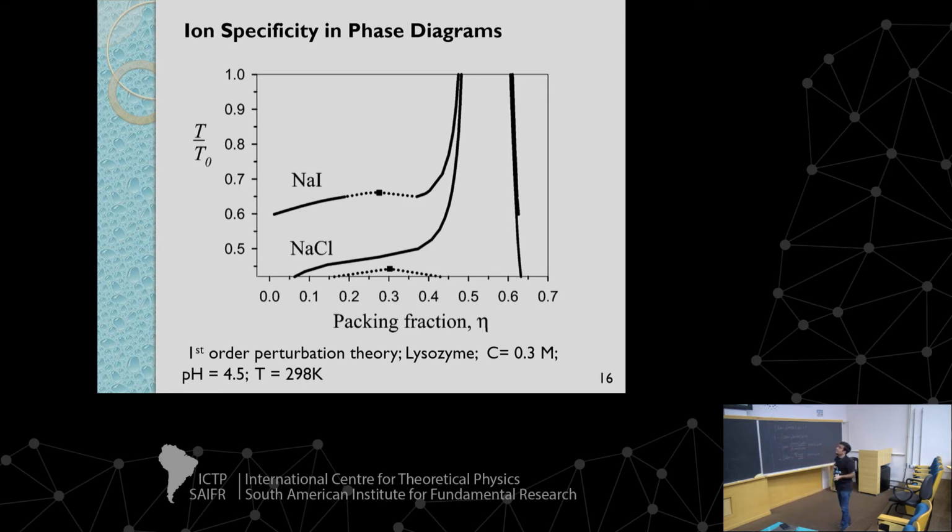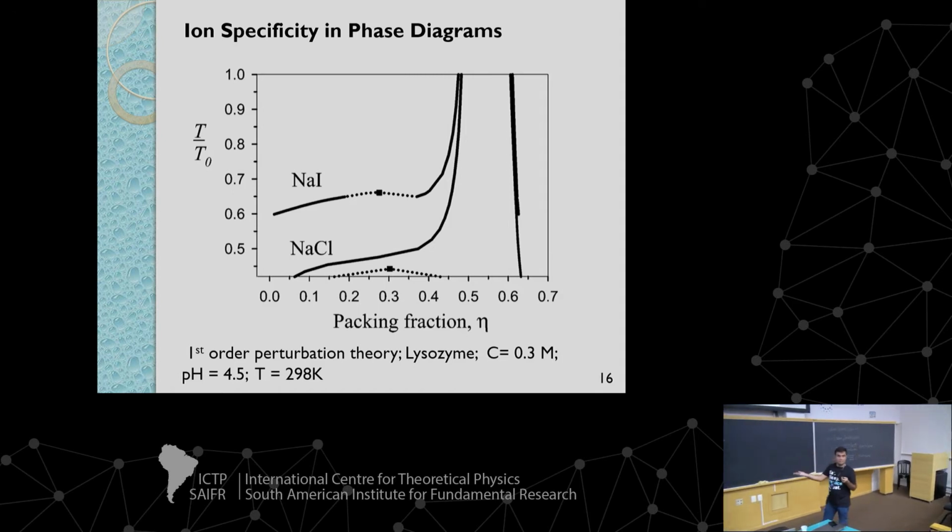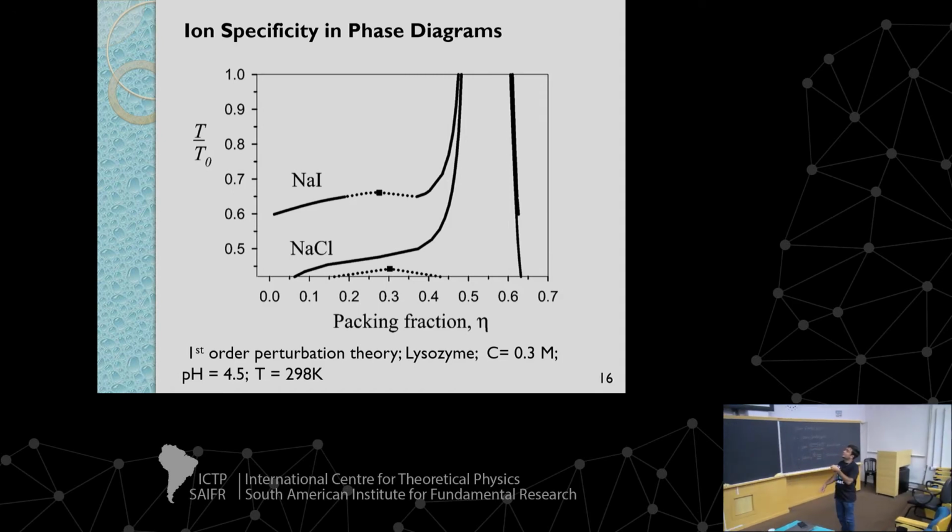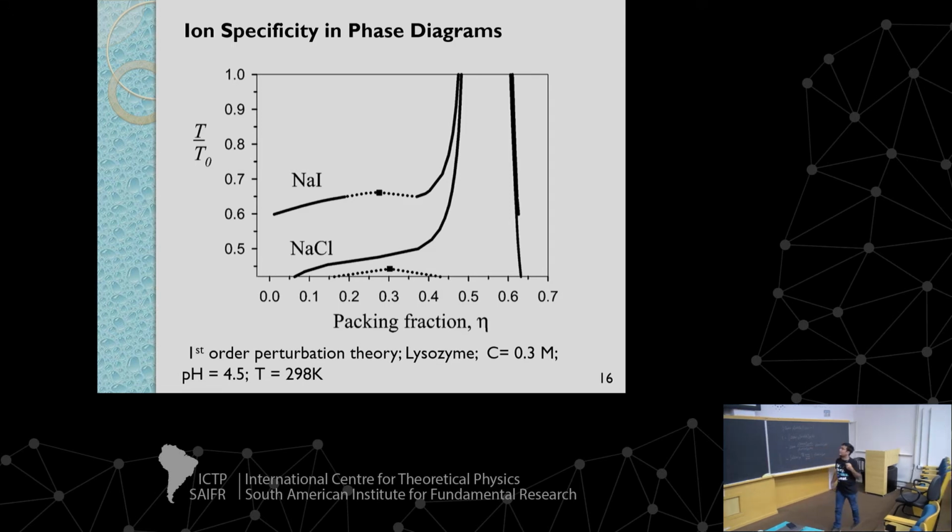Okay, and this dotted line stands for a metastable fluid-fluid equilibrium, and this is the critical point. So we predict a metastable fluid-fluid equilibrium here and a stable solid fluid-like equilibrium. Okay, and this is the packing fraction. It is the volume that really is occupied by the protein. Okay,